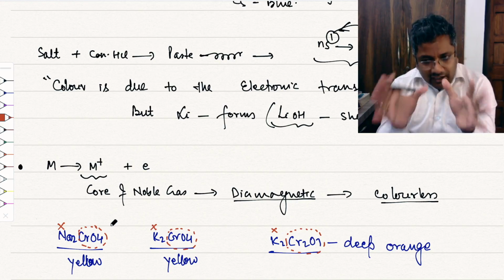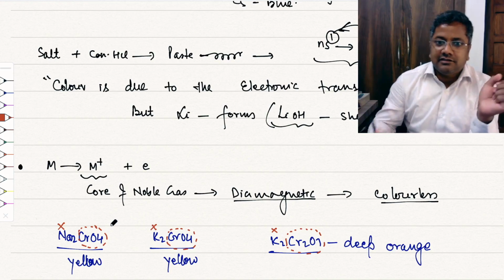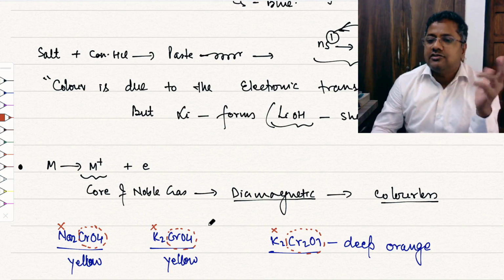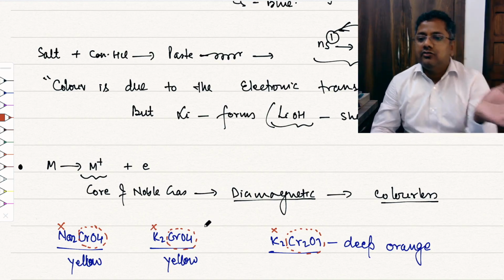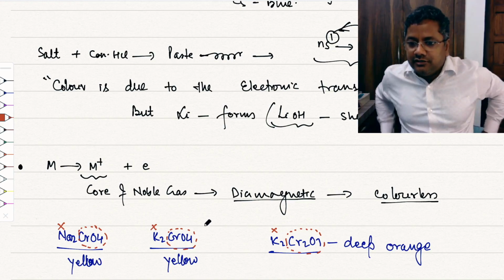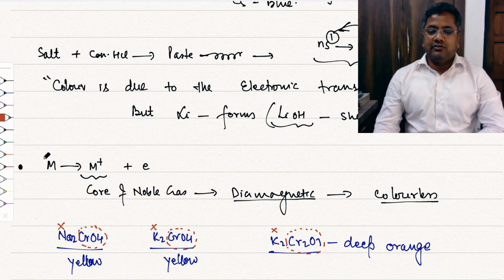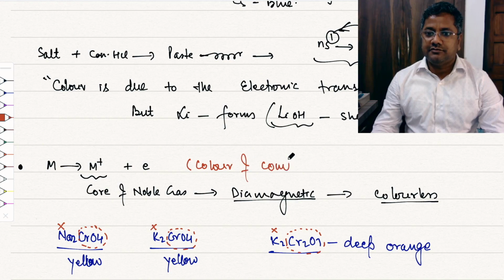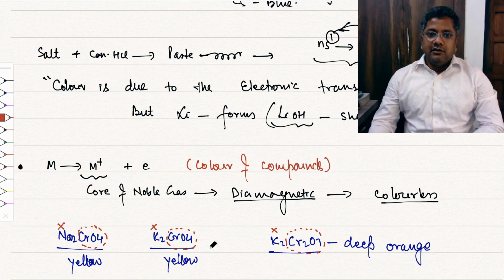The metal ion is diamagnetic and colorless, the core of this ion, but compounds may be colored due to the anion, not due to the cation, right? So here we can say color of compounds. Okay, now